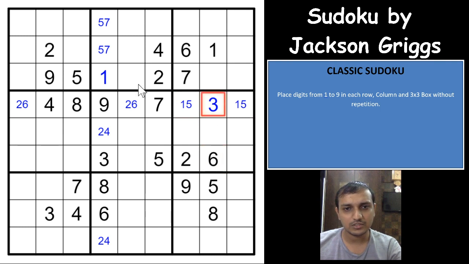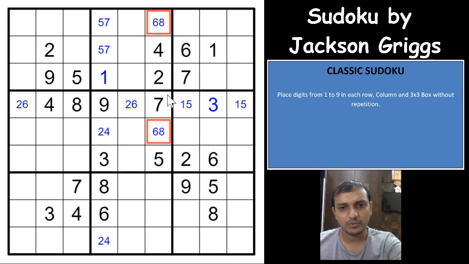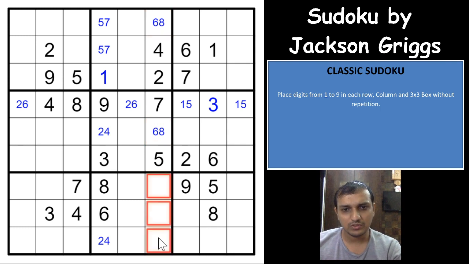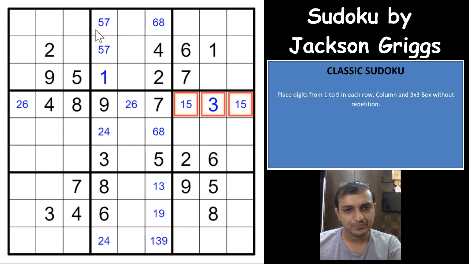We got two digits here. I can see this 8 6. So I think this is used in all the four sides. So 8 and 6 in this column can only be in these two cells, right? So this would have to be 6 and 8. So 1, 3 and 9, right? Which cannot have a 9 here and cannot have a 3 here. So it's a triplet. All these are triplets here, as you can see.